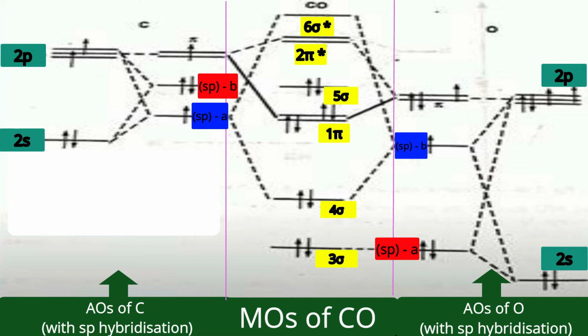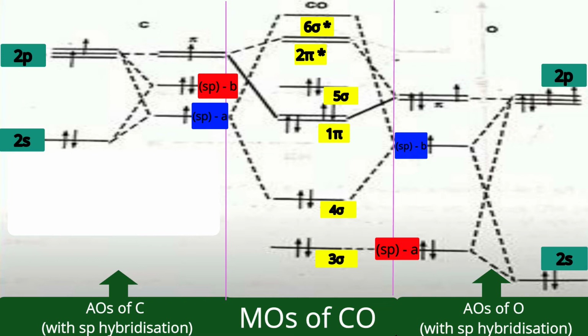Now come to the oxygen atom. Its orbitals will undergo sp hybridization. So for that we need two orbitals. One will be the s orbital and the other is the p orbital. Here the 2s orbital is chosen for hybridization, and among the 2p orbitals 2px, 2py and 2pz, the bonding axis orbital. And what is our bonding axis? The X axis is our bonding axis. So the 2px orbital from the 2p orbitals and the 2s orbital will undergo hybridization.